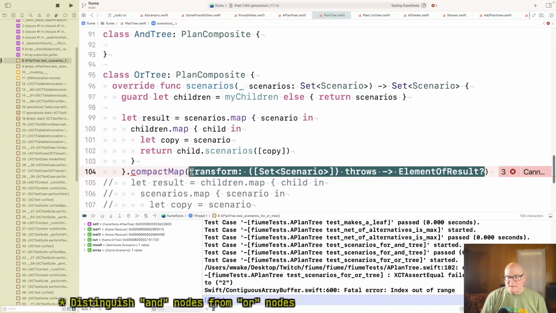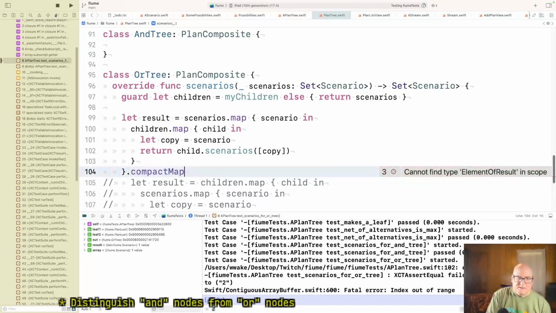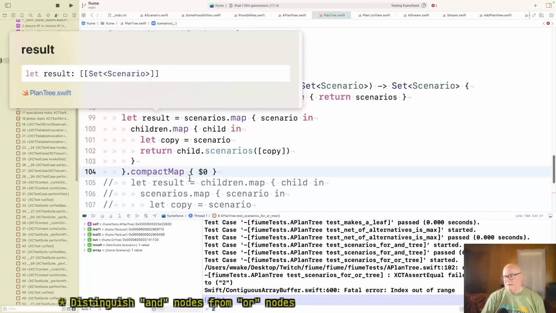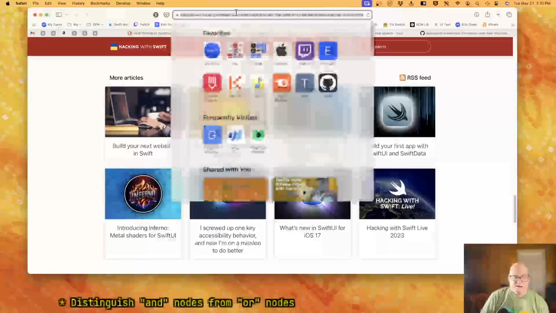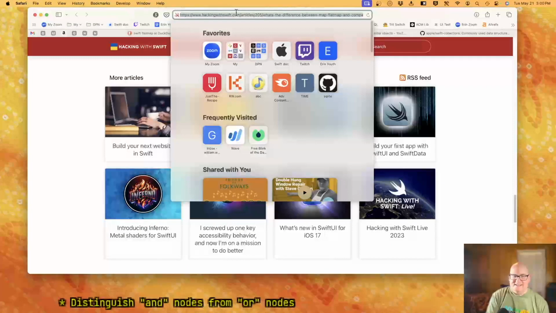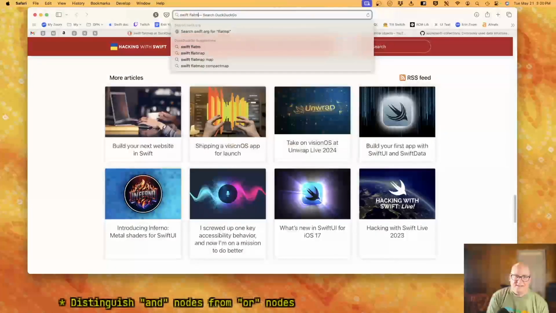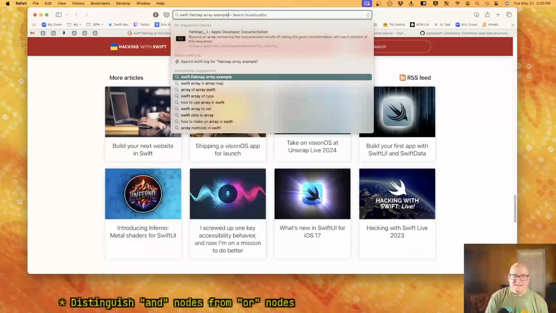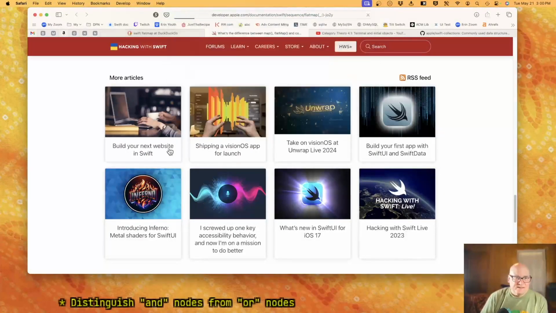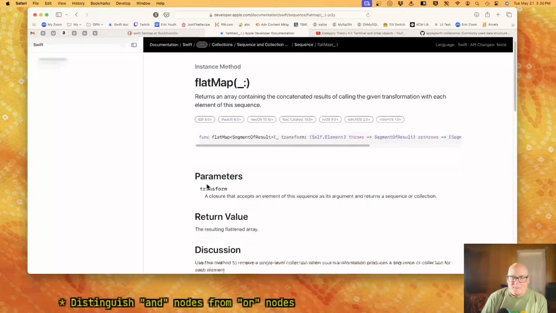A list of set of scenarios. Can I do that? No. Oh, come on. I know there's a way to do this. A leaf cannot have a child. That's true. Well, I didn't look at this, did I?